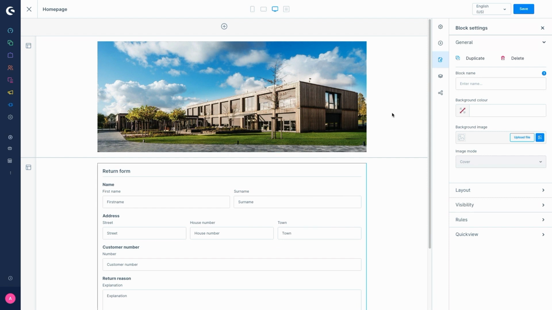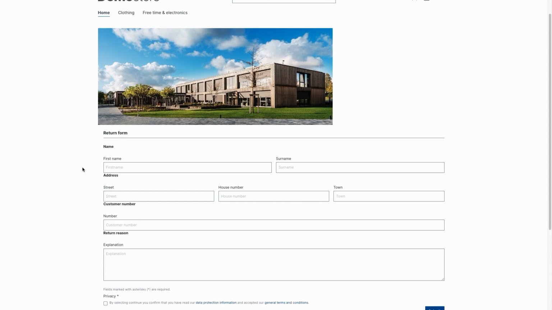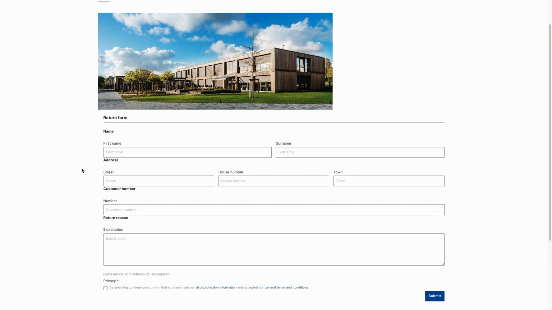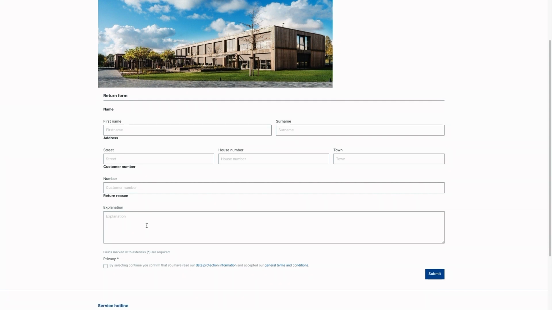And now let's take a look at the whole thing in the storefront. Here in my storefront, I can now directly see the form I have just created. Remember, at this point, you can display this anywhere in your shop. I only did this on the homepage as a demonstration. But as we can see here, all our settings have been applied perfectly. I can see the individual groups and their fields. The widths are also clearly recognizable here, just like the gradations for the field types, as here below with the text area.